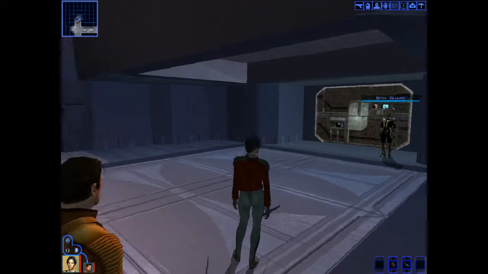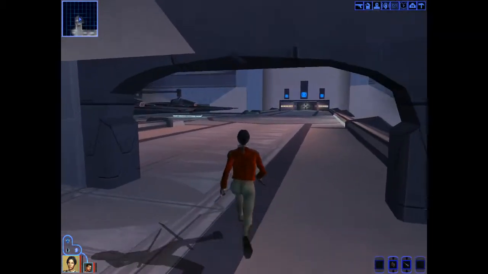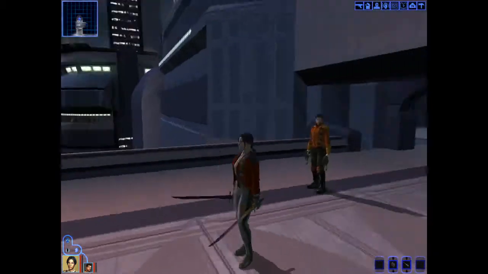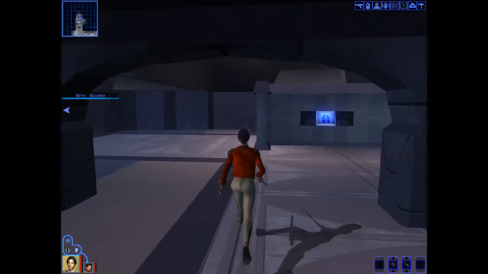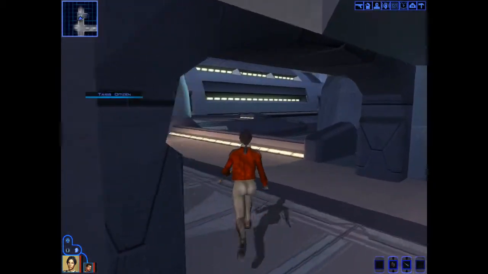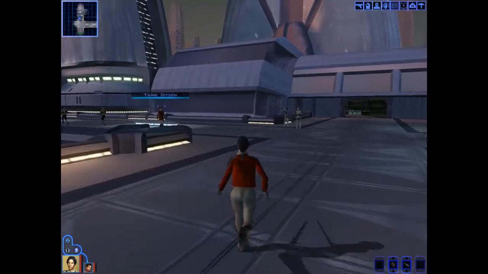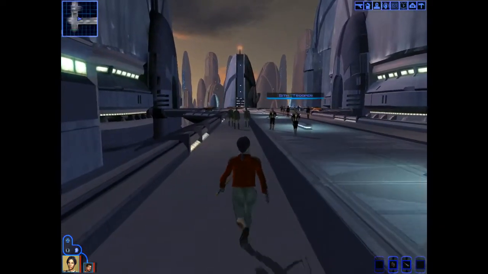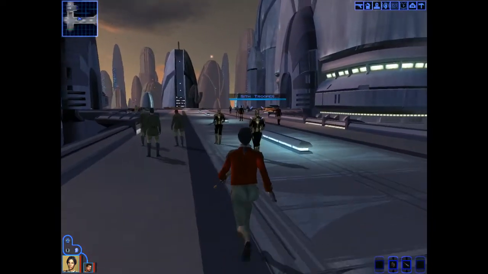Also, this is the way down into the Undercity, but we can't go that way. And that over there is the way into the Sith base. We also can't go that way. I was just pointing out that...